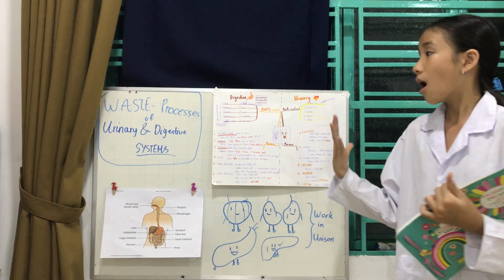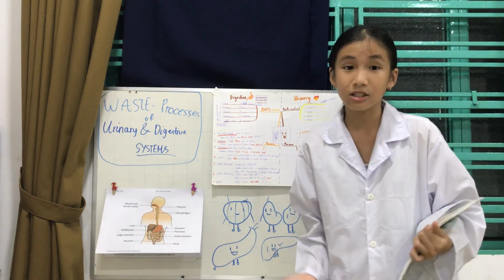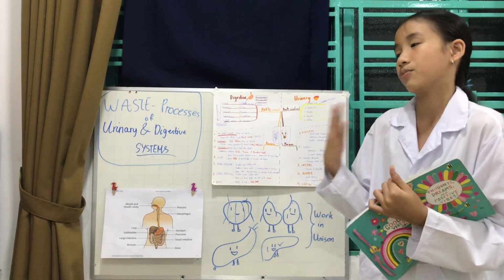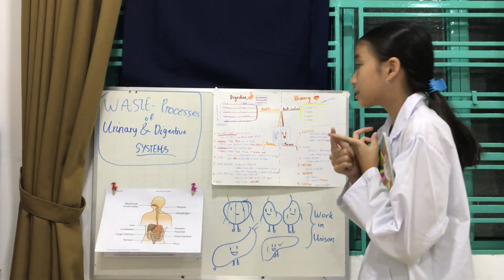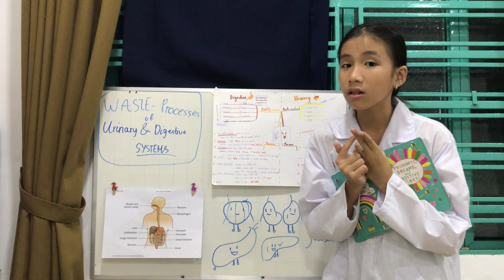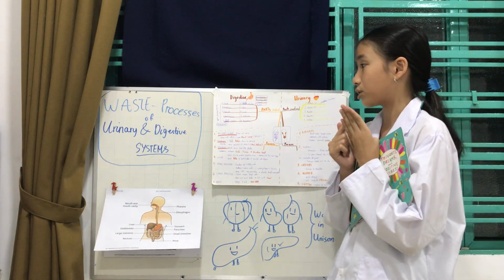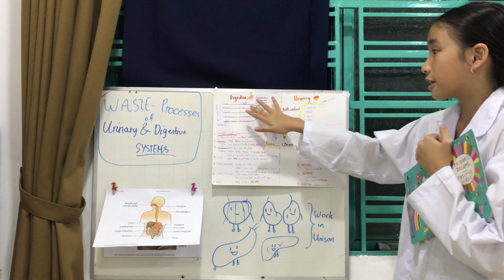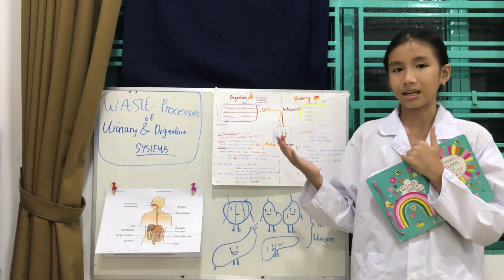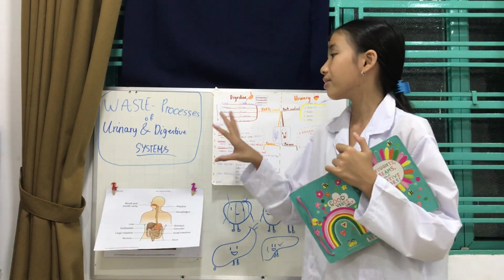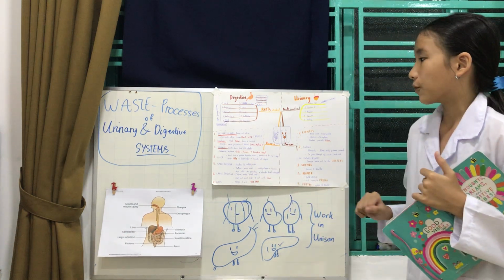How many parts are in the large intestine? Some of you may not know this, but the large intestines include the ascending colon, the descending colon, the cecum, and the rectum. So, that is the large intestines. The small intestines include the duodenum, which we will talk about later in the process.